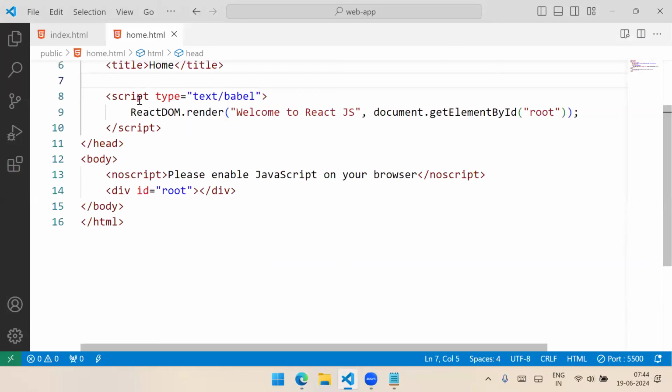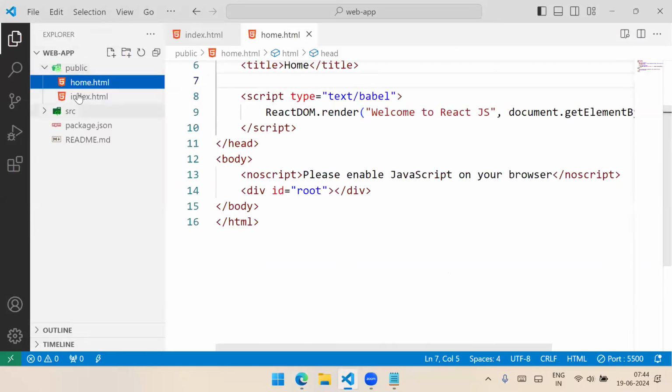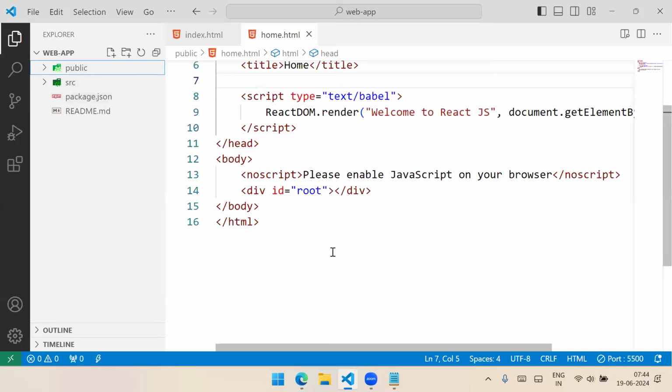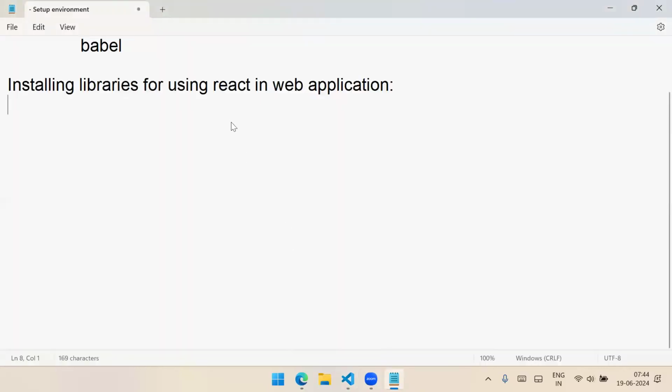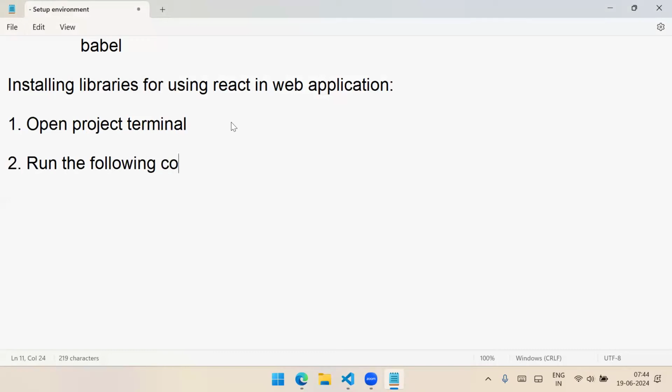Now we want the React library to use in this project. If you want to use React in this project offline, then you have to install the libraries. From where do you install? Open the project terminal. You need to open the project terminal and run the following commands. And what are the commands here is,